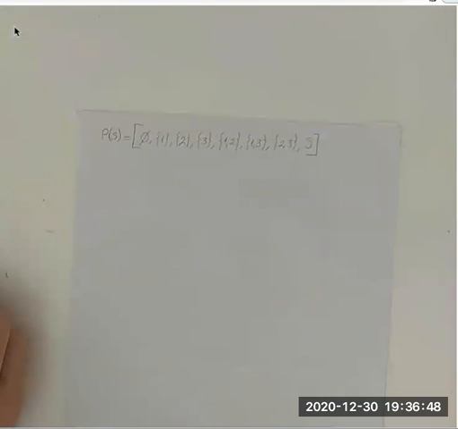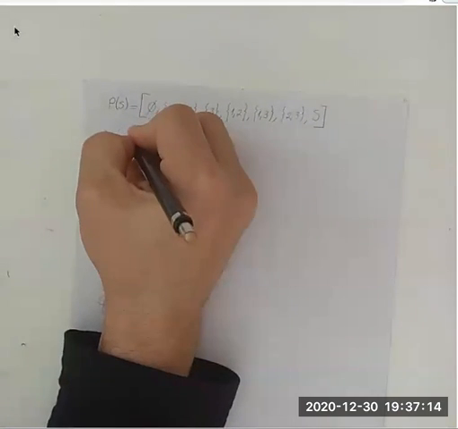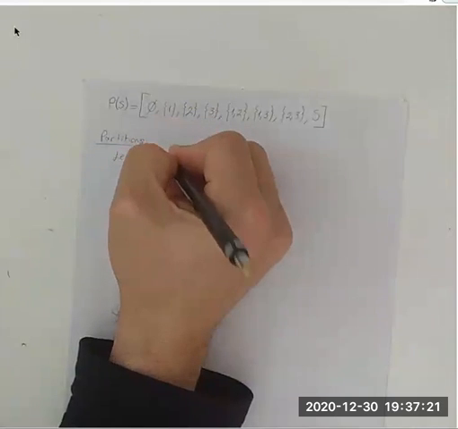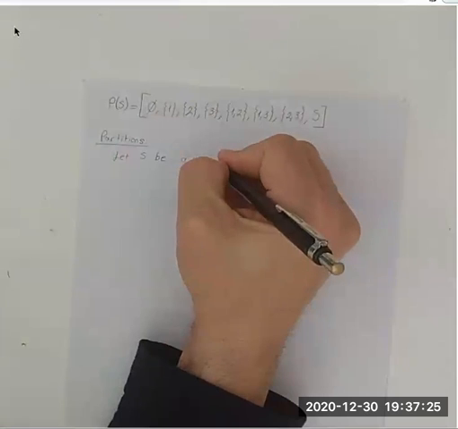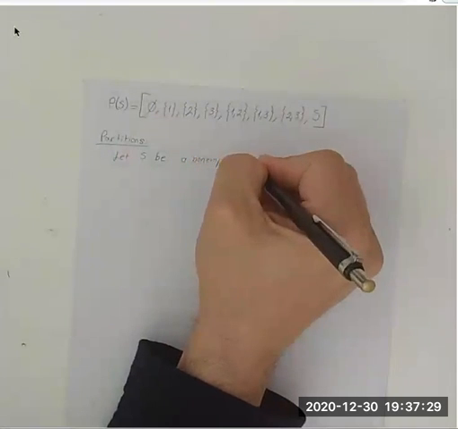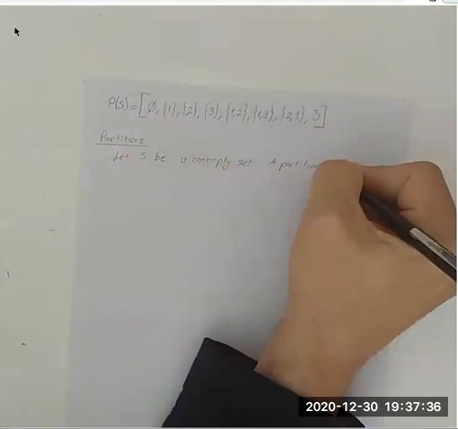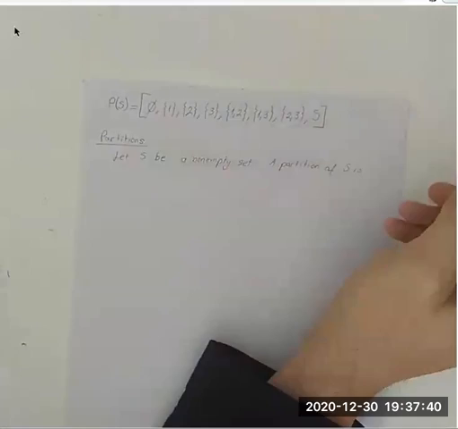A partition of S is a subdivision of S into non-overlapping, non-empty subsets. Precisely, a partition of S